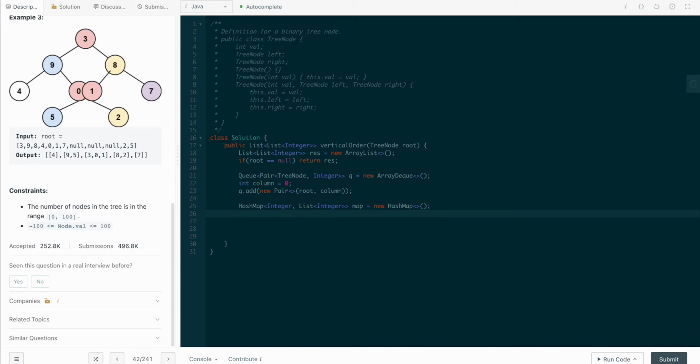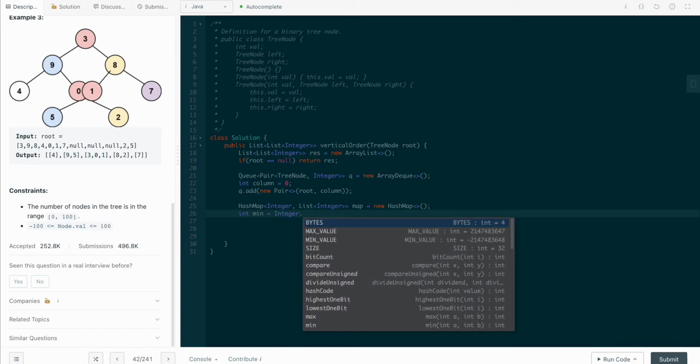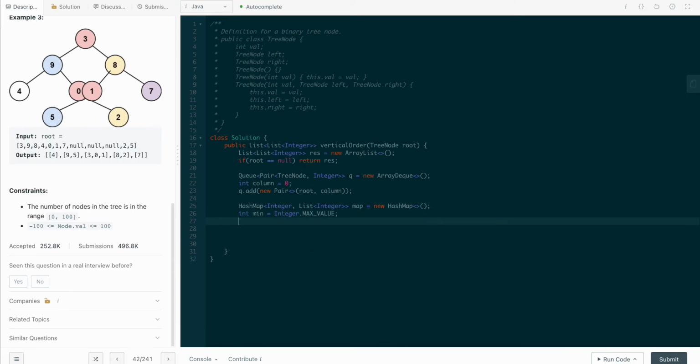So we're gonna have an int min equal to integer max value, and we're gonna have an int max equal to integer min value. Good. So now we're gonna start processing our tree. So while our queue is not empty,